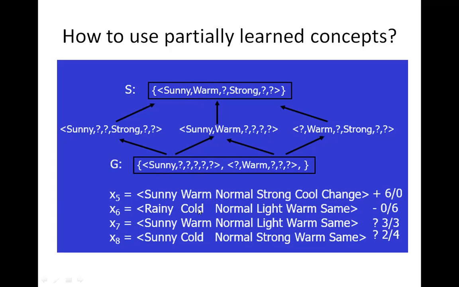But here warm is there, here cold is there. So this hypothesis again it will say enjoy sport is false. Here sunny is there, rainy is there, not accepted. Here warm is there, cold is there, not accepted. So all 6 hypotheses in the second example, they are saying that enjoy sport is negative, false. Okay, first example has been classified as positive, second example has been classified as negative.